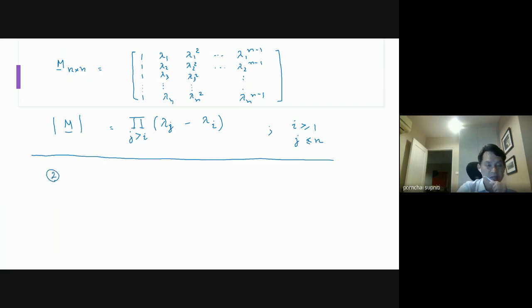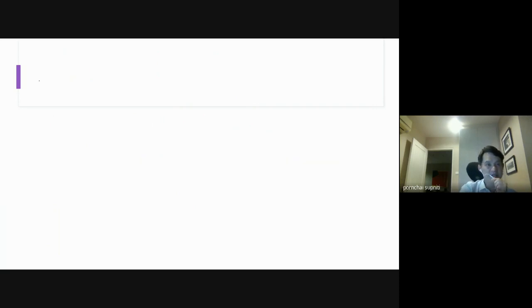Number two is also interesting. Let me go to the next page, just so that it's easy to see. Number two is the circular matrix. So what is a circular matrix? Let me call it A. A circular matrix is a matrix where, if you have one row as, say, H0, H1, H2,